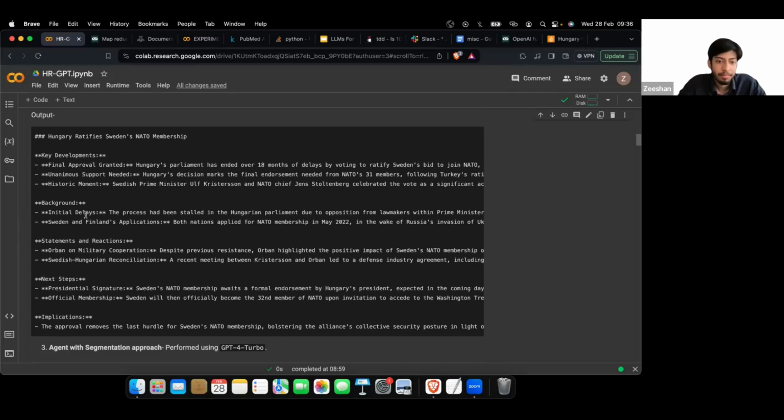Yes, typically. The more temperature you give, the more creative it gets. If you want really fact-based information, then you would rather have lower temperature. For example, in news, even though many of the news channels may want to use higher temperature, we would prefer lower temperature. Is that correct, Zishan?